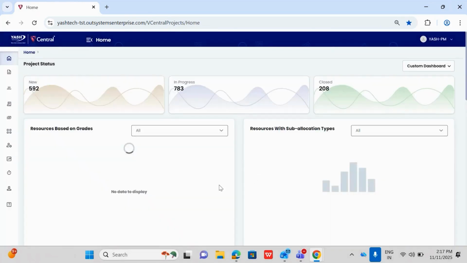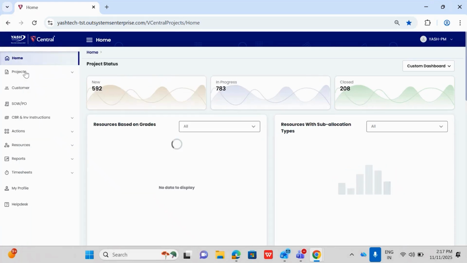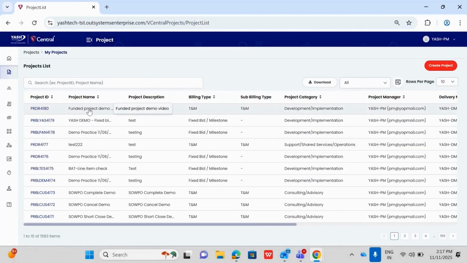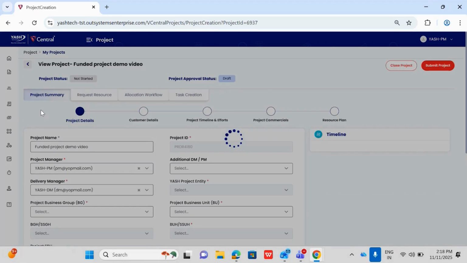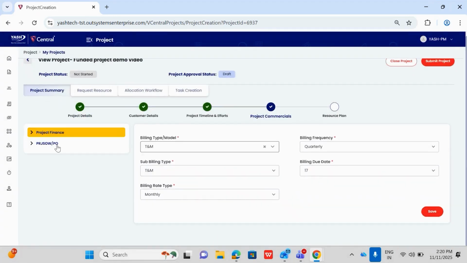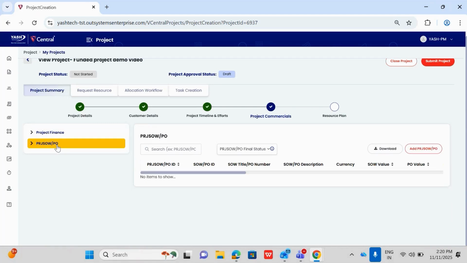So this is the home page for the project manager. Expand left navigation, click on projects, click on my projects. This is the project that we have created for the funded project. So let us click on the project ID, go to the project commercial tab, select the PRJ SOWPO section, click on the add PRJ SOWPO button,